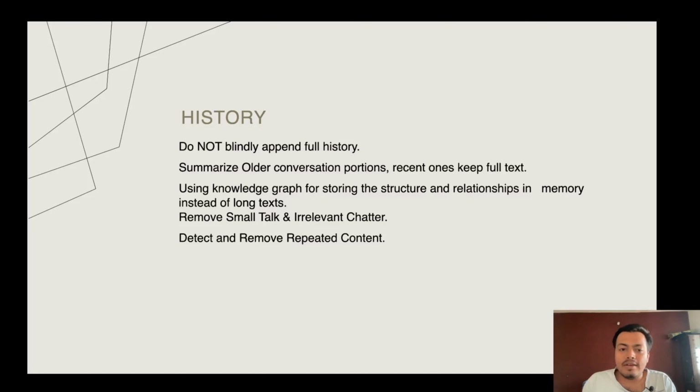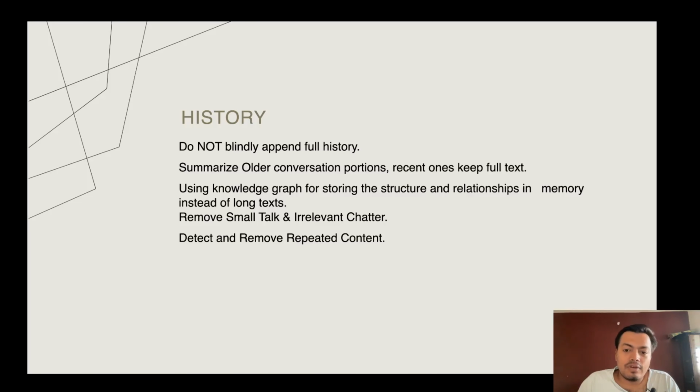The next thing is history. History is used in conversational AI assistants, and we should not blindly append full histories. It will fill up the context very quickly after certain conversations, and we cannot do long conversations. The trick here is to summarize old conversations which are less important and keep the recent ones to have ephemeral memory. And we can summarize the old ones, or we can create some, it's a bit advanced, but we can create some